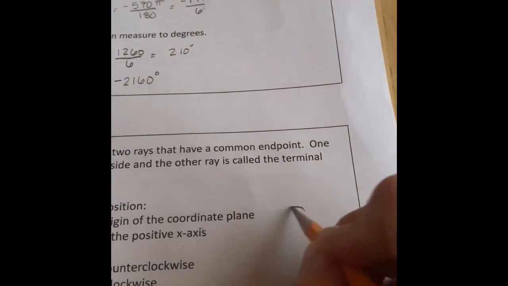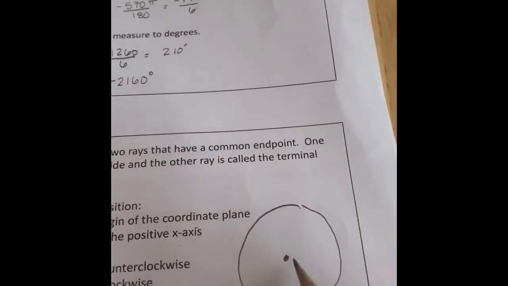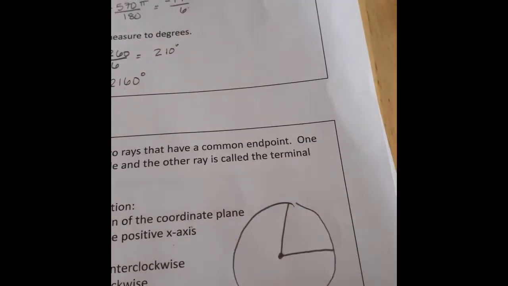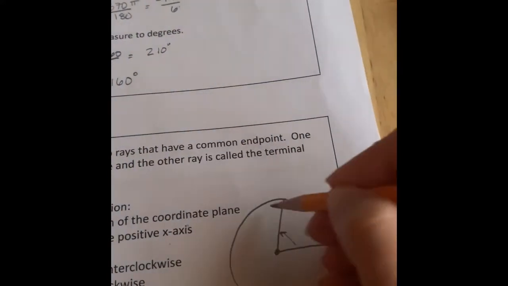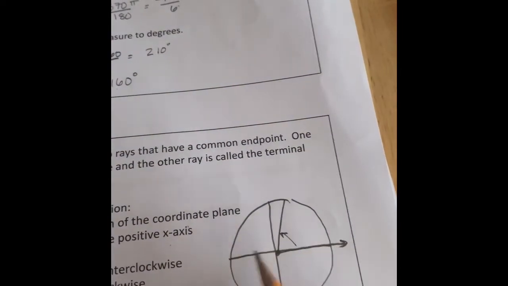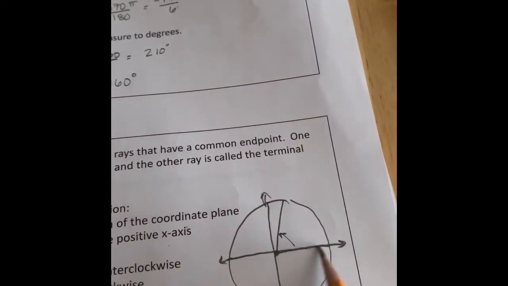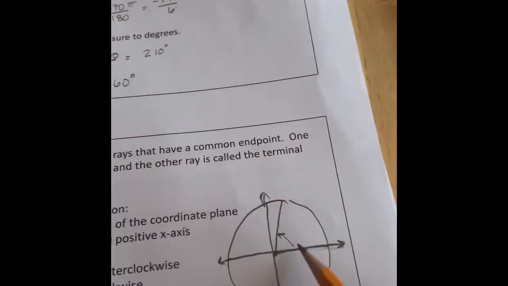If I were to draw a circle with a center, and I drew in a radius, and then I drew in another radius someplace, I have formed an angle. Now think about this circle sitting in a coordinate plane. So here's your initial side that sits along the positive x-axis. Here's your terminal side where the angle ends, and you need to make sure that you show this rotation because